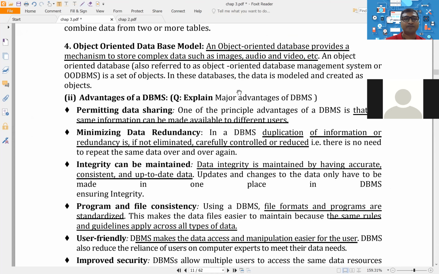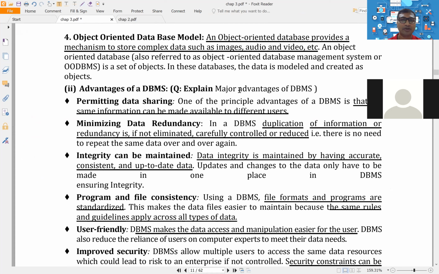And finally, we did the object oriented database model. When we want to store different types of data, for example numbers, text, images, videos, in the same table, then we use the object oriented database model. Here I already gave you the example of Aadhaar card and passport, remember. I told you to write down all those examples. For object oriented database, mostly they can ask for 2 marks, or based on MCQ.